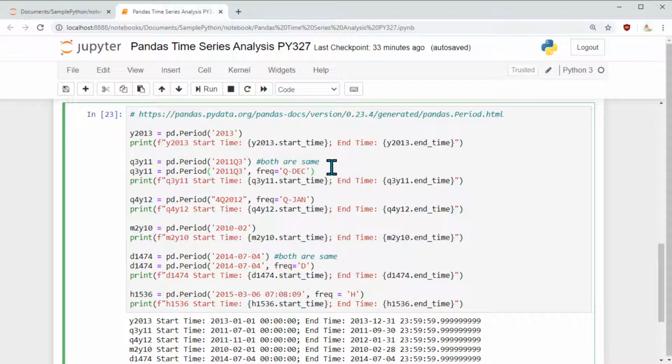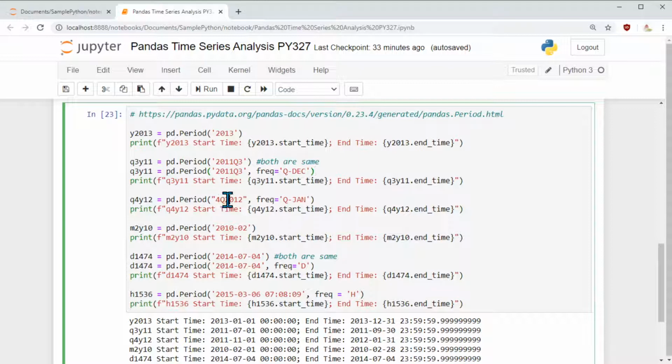It may end any other time. In that case you can specify Q-JAN or Q-FEB or whatever is your business need. And if you do Q-FEB, then the system will adjust itself and show you correspondingly what the quarter is.